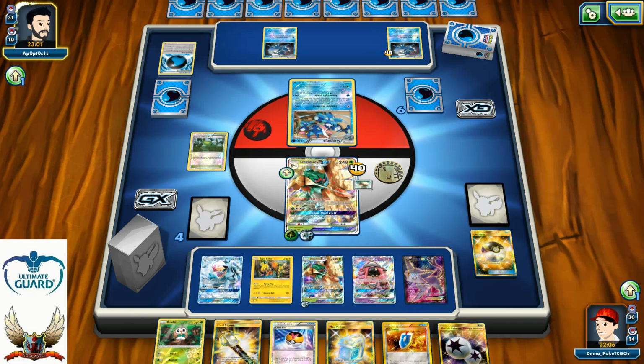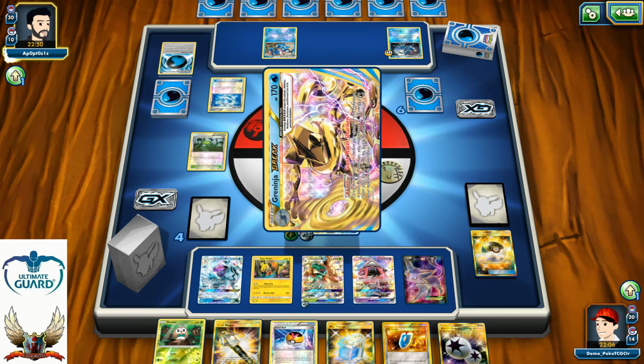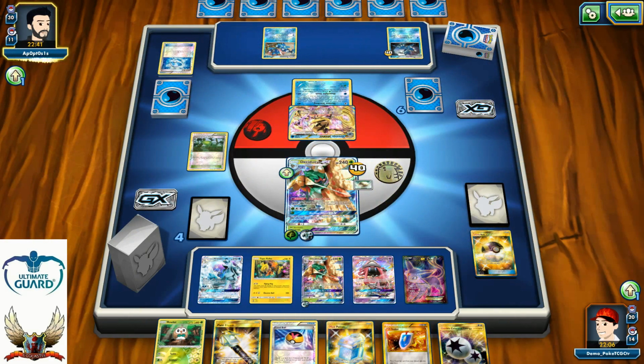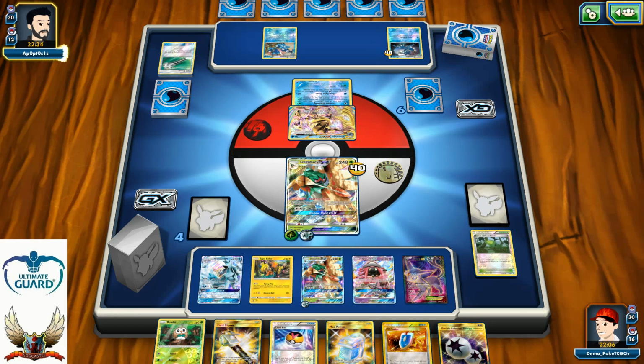Or for example, I can just retreat to my Ninetales, absorb some pressure also with my Ninetales, and then simply use that Ice Path GX. Dive Ball, this might be for Greninja BREAK, and yes, it is. Alright, so there is Greninja BREAK. I have 4 prize cards, my opponent is down to like 6, and he decided to play the Field Blower. Alright, no problems